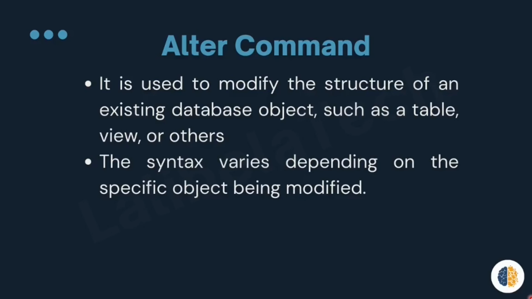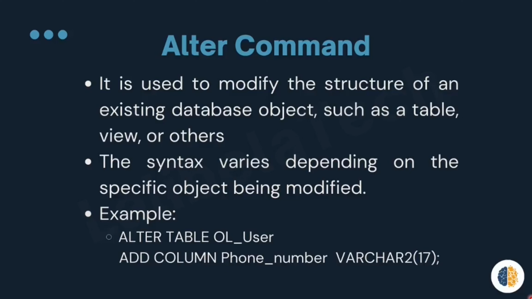The syntax varies depending on the specific object being modified. Example: alter table OL user, our previous table, to add a column phone number with a data type of varchar2, then the